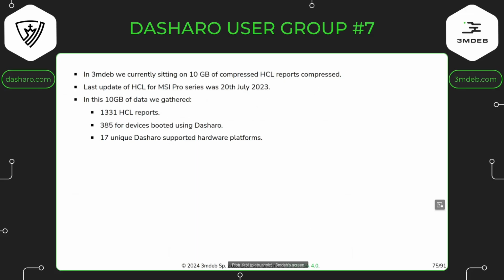So what I found out is that our community and partners sent us around 10 gigs of compressed HCL reports. A lot of this, of course, is BIOS binary backups, but the rest is compressed text from dmidecode, lspci, and various other Linux system commands which we gather. The last update of this HCL for MSI was 20 July, so it's over a year ago. In those 10 gigs, I found